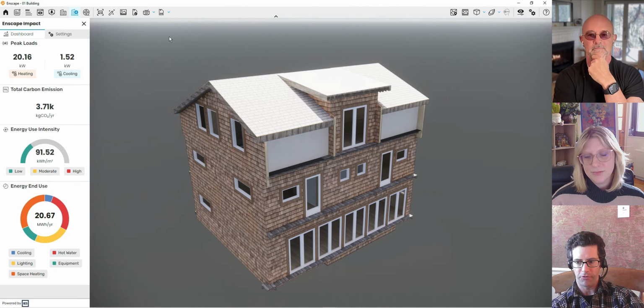This is only looking at the dashboard view, but there also is the view to look at these results in the render view itself, almost like an opacity layer of intensity. So you can say, okay, this is showing a lot of heating. Where exactly am I incurring that particular cost? And maybe you can start to think about the overall building design with respect to mitigating some of those energy impacts. But the easiest way is just give it a try. We really want to make this tool easy to use, and as you saw how quickly you got analysis results, I think that's the best part about it. The trial doesn't have to be something where you have to think too hard about it.